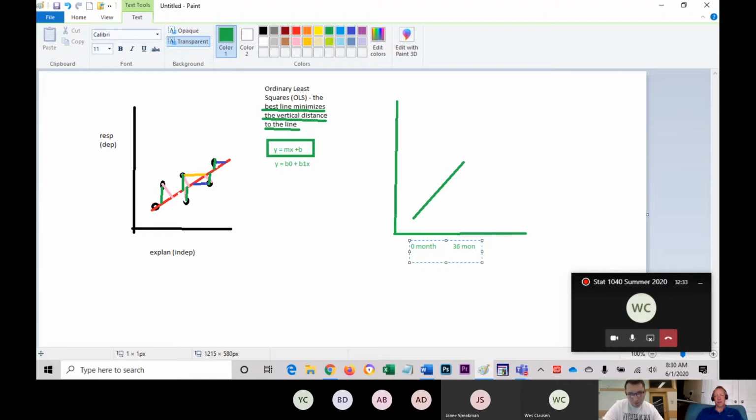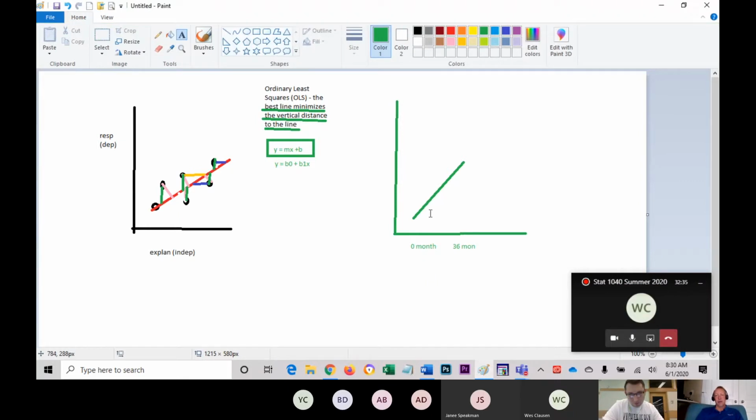36 months. Okay, I'll just abbreviate K. It might be, really, a straight line might be a good thing for that. But the problem is, if we continued, and I'll use a different color for this straight line, if we continued this growth pattern